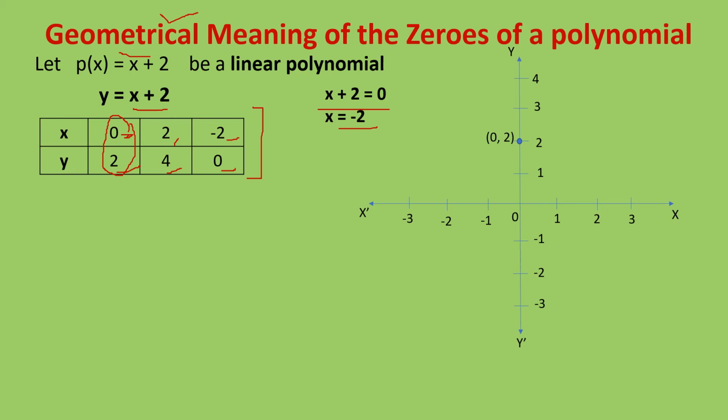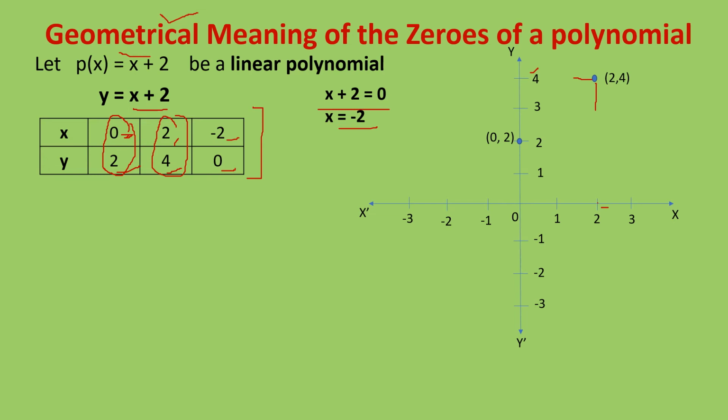Now the second is 2 and 4. So on the x-axis we will see x is equals to 2. So here x is equals to 2, this point, and y is equals to 4. You will see y is equals to 4 is here. So corresponding to the value 2 we have to locate the value of 4. So it will be here. Right, this point is showing the value 2 on the x-axis and 4 on the y-axis. So it is 2, 4.